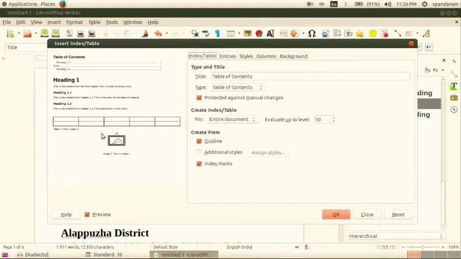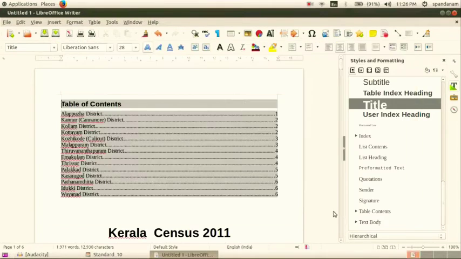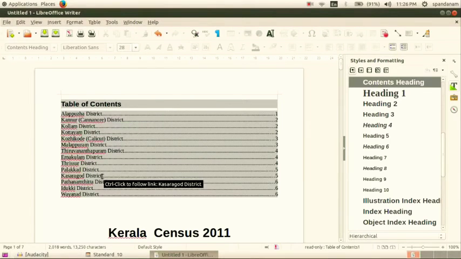Here you can see the preview of the index table. Then click on the OK button. Here is the index table for this document.